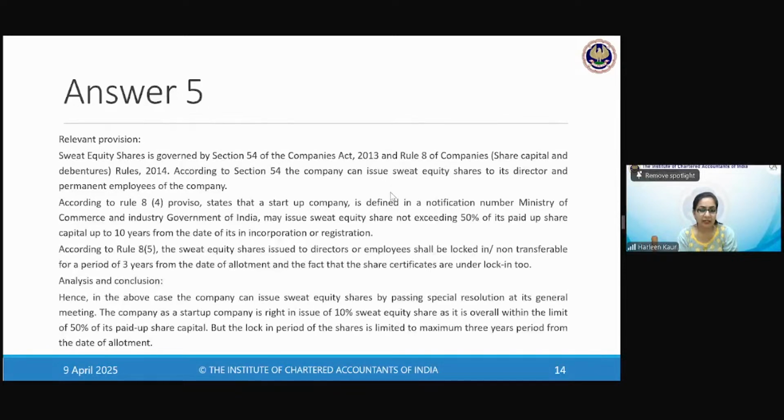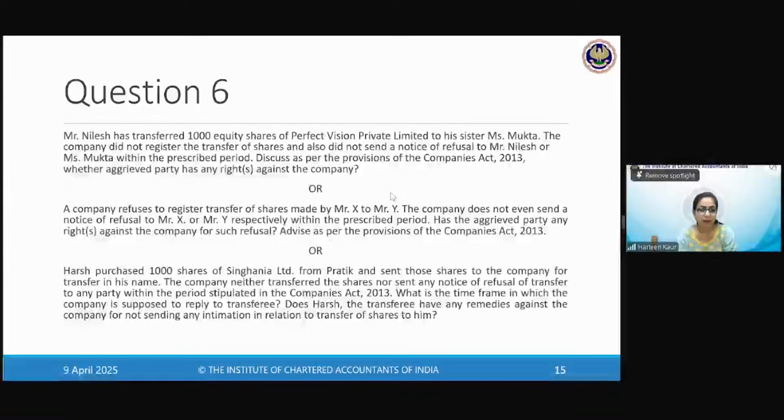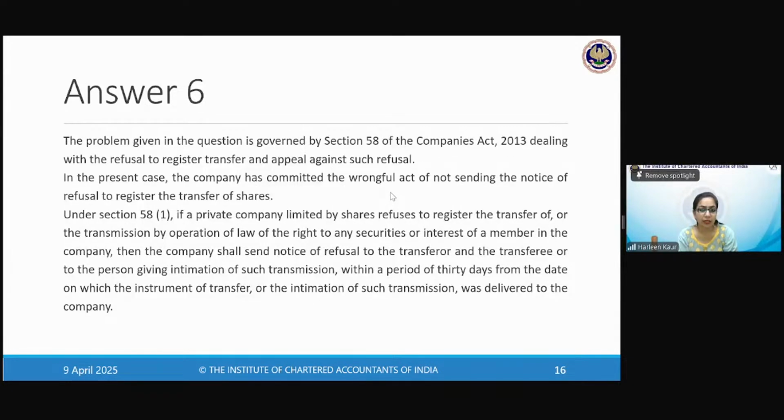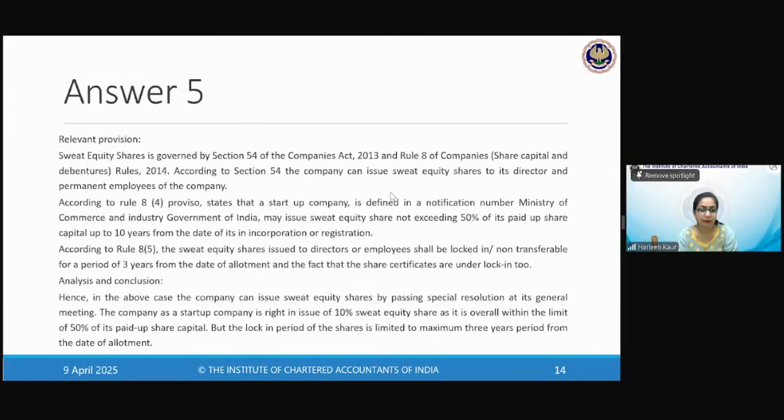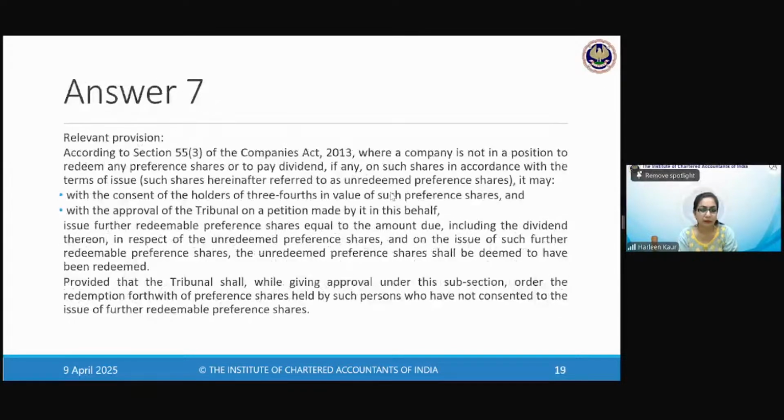Let me see. Have we done section 54? Okay. Section 58, we have not yet done, right? All right. So everyone is clear till here. So we have done section 43, 46, 47, 48, 49, 50, 51, 52 premium, 53 discount, 54. So 10 sections of this chapter are completed from my side.